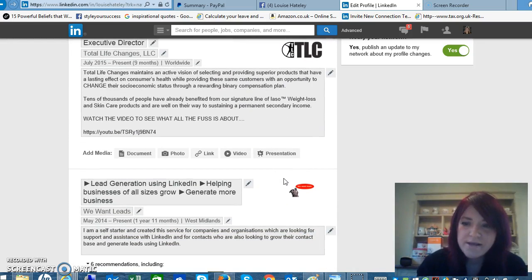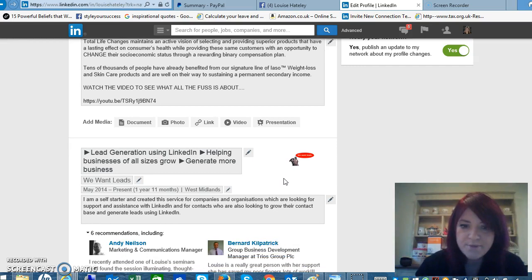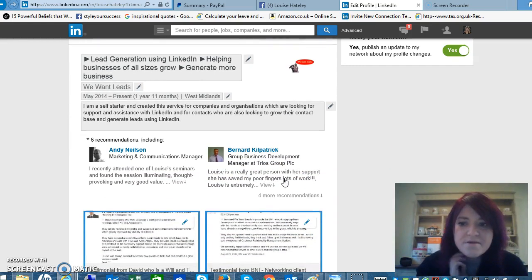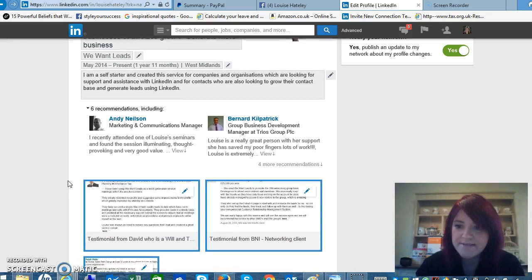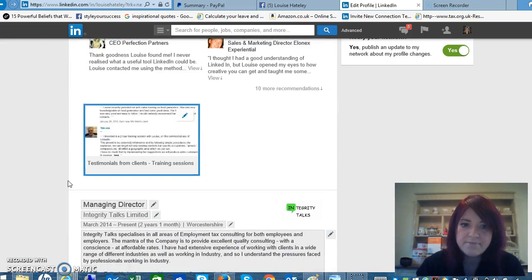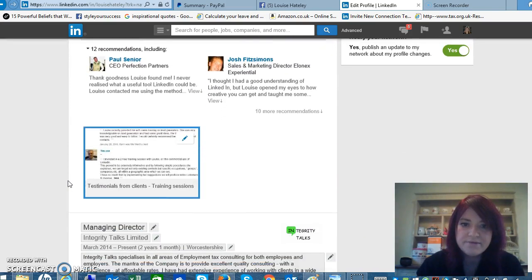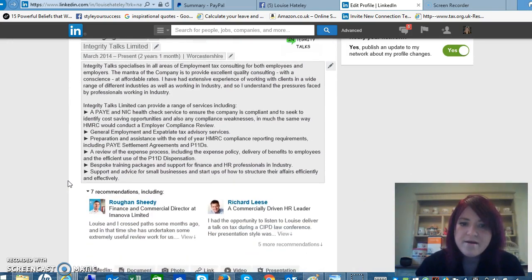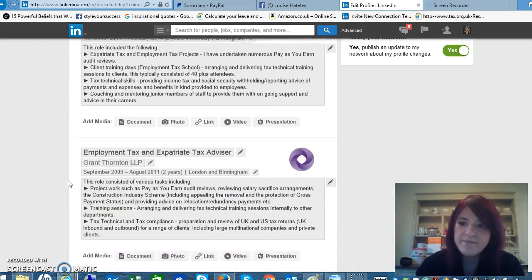So try and keep it as short, as sweet as possible if you can. Another key point in here is the recommendations. If you offer a service to someone, it's a really good idea to get some recommendations in there. I've got quite a few for my LinkedIn and my training webinars, for example. And then I've got some down there for my tax